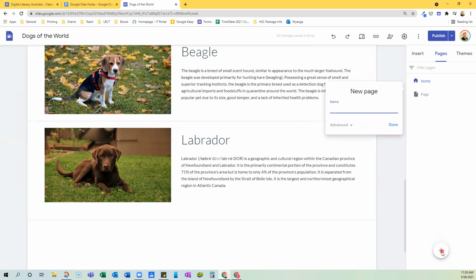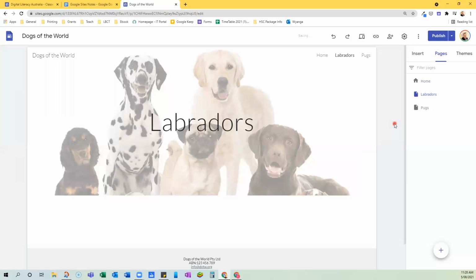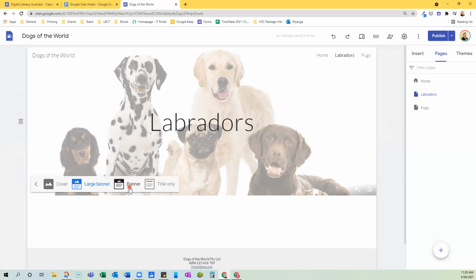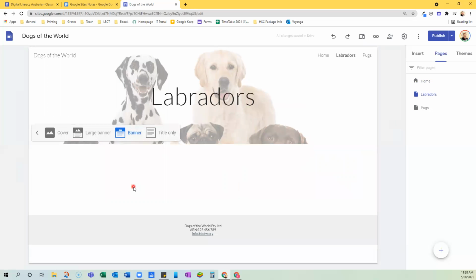I'm going to call it Labradors. And I click done. And it's going to automatically open up in Labradors, a new page with this title, but I want to change the header type. So I'm just going to make it into a banner rather than a large banner. That's all good now. I don't have to do anything with this page at the moment. So I go back to my home page at the top,